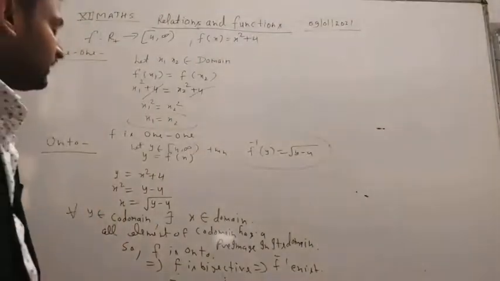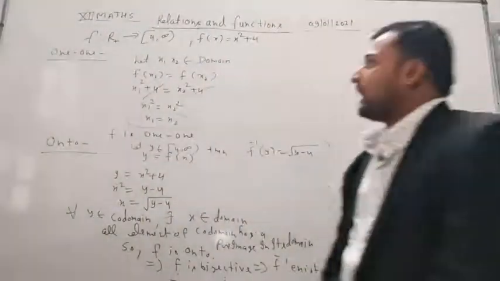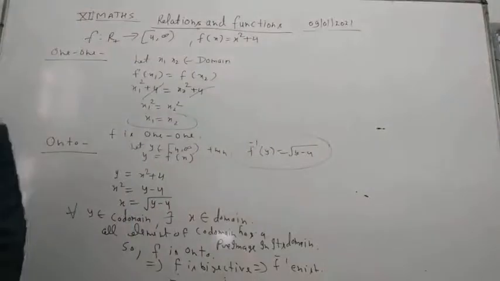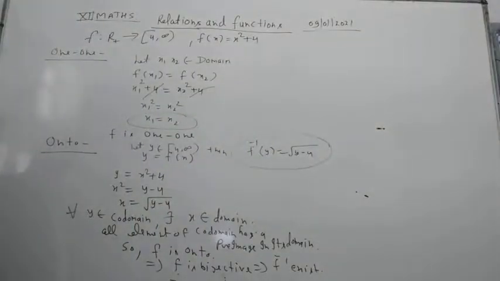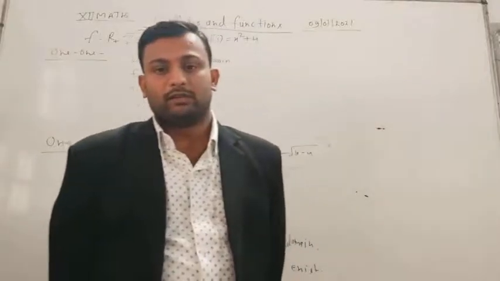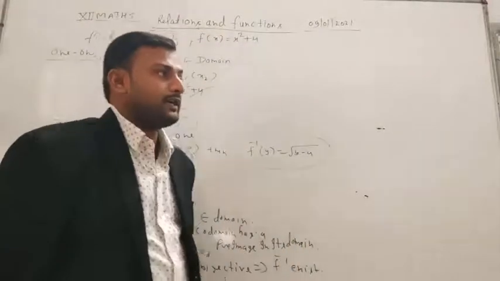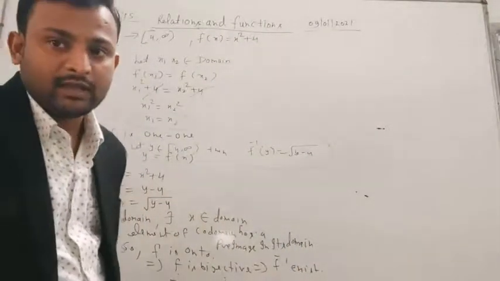Let's see once again. We have a function from R plus to the closed interval [4, infinity). And it is defined by f(x) is equal to x square plus 4. Then we have to show that our function is an invertible function. So you know that if the inverse exists, then we can say that the function is invertible. And any function may be invertible only when it is a bijective function. If it is a bijective function, it means that the function is one-one and onto.